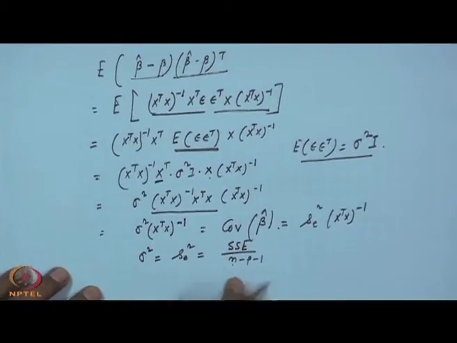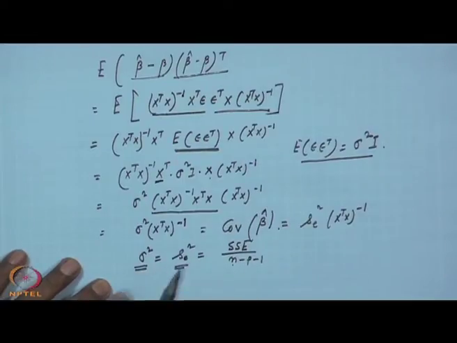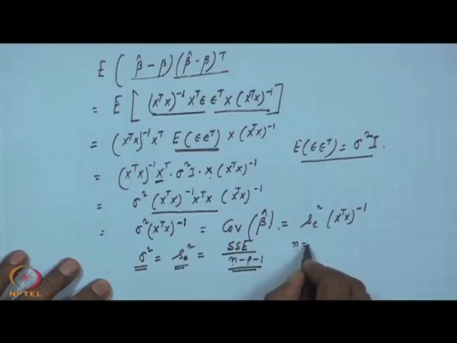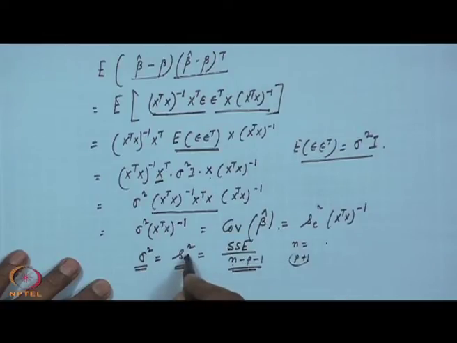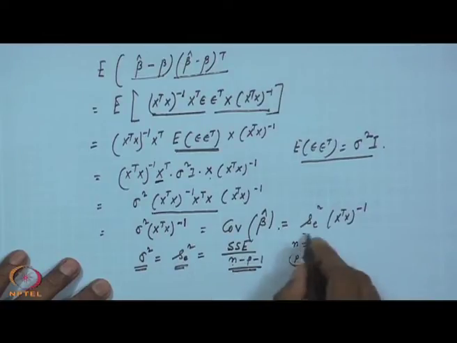Okay. So you will not get this sigma square value, these are population values. From the sample errors you will be able to calculate S E square. This S E square is nothing but SSE by n minus p minus 1. This n minus p minus 1 is coming because n is the sample size and the number of parameters to be estimated is p plus 1, so these degrees of freedom are lost when you are calculating the errors. So this is the case.